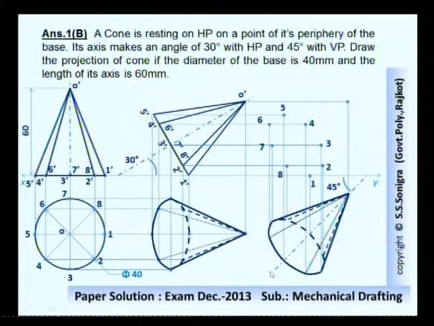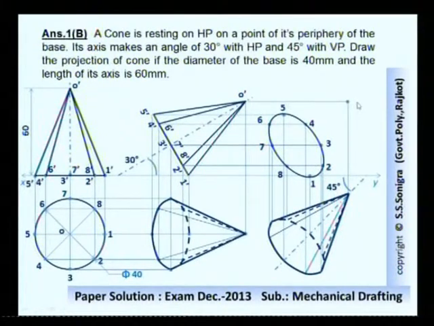Now think about this base. If we look from here, this apex point is away from us and base is towards us. So if you look from here, this elliptical base would be fully visible to us. So these points 1, 2, 3, 4, 5, 6, 7, 8, they should be joined with the smooth curve and with the full line. No dotted line would be there in this elliptical shape because the base is towards us, hence it would be fully visible.